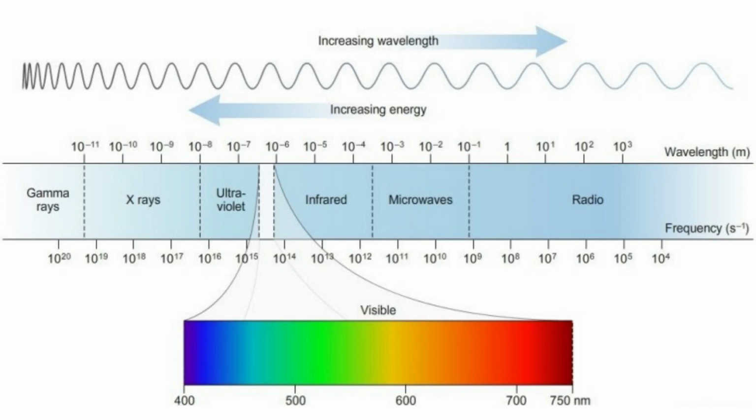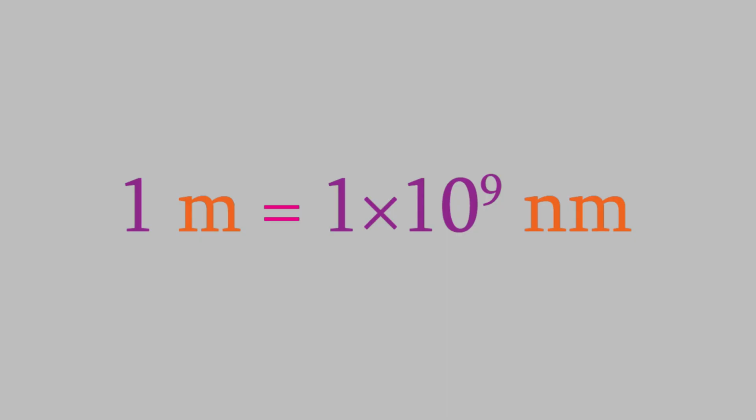If you look at the visible light region, you can see that it ranges from about 4 times 10 to the minus 7 meters to about 8 times 10 to the minus 7. When we talk about visible light, it's often convenient to use a different unit than meters so that we don't have to use scientific notation. For that reason, we often measure wavelength in nanometers. 1 meter contains 1 billion nanometers, so 1 meter equals 1 times 10 to the 9th nanometers.